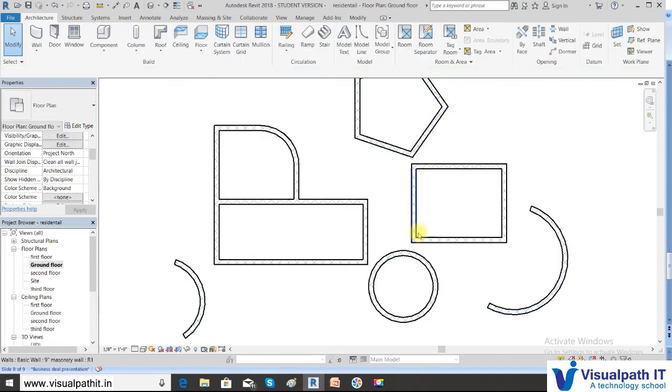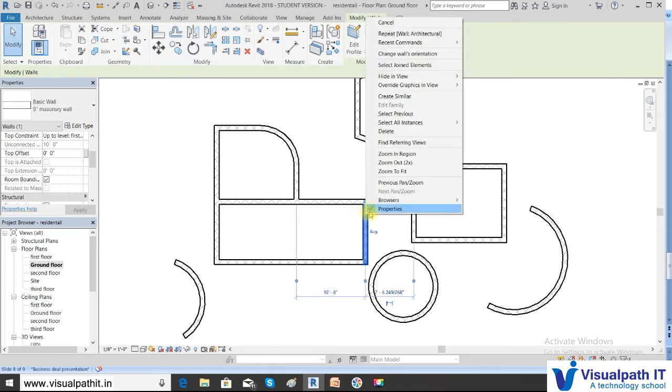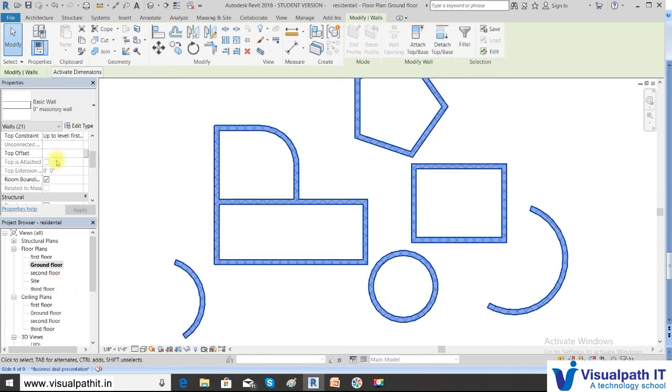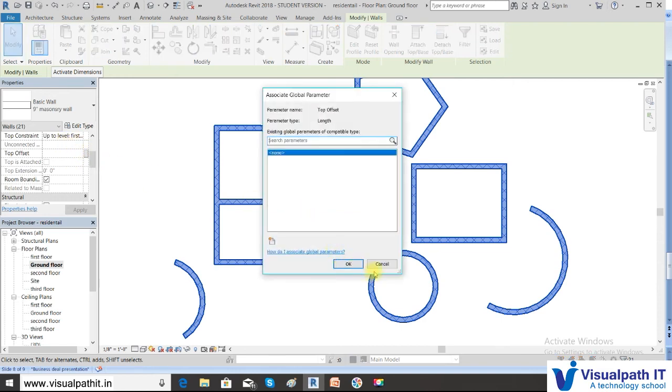When you have a different property, then the walls with the same properties will get selected. So you can have multiple selections in this way, and then you can edit it. Suppose I want to edit, I'll select one, right click, select all instances visible in view. Then you can change your top offset and the top constraint. Now let me set the top constraint.